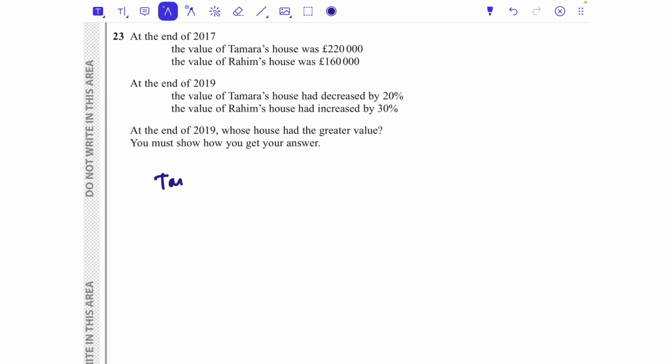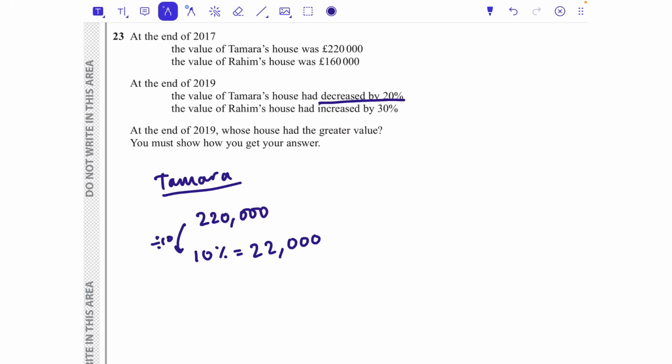Okay, so Tamara, her house was worth £220,000. Now it says it's decreased by 20%. So 10% of that would be 22,000 because we've divided by 10 to get 10%. So 20% would be double that, which is 44,000. And we're going to take that off. So I'm going to do 220,000 take away